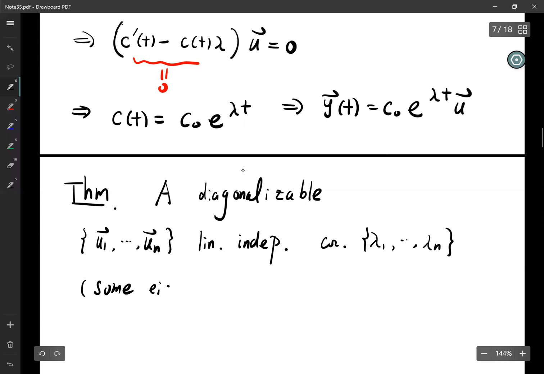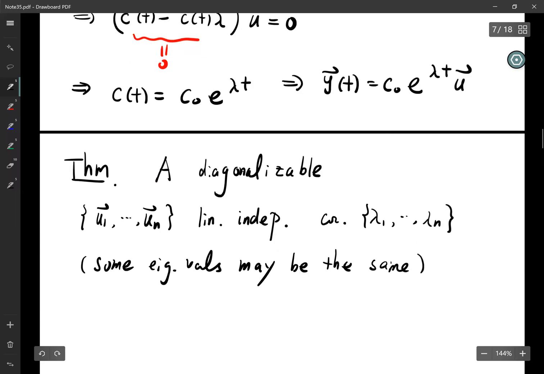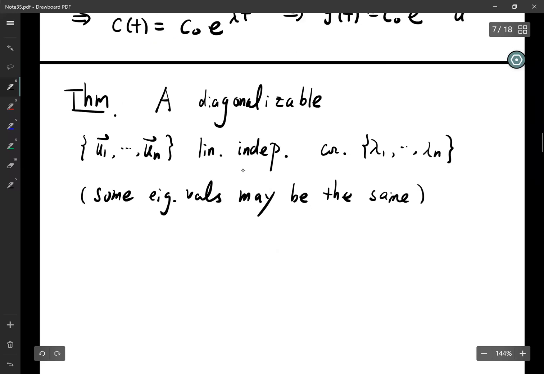Some eigenvalues may be the same, but it doesn't matter. It just says there is some higher multiplicity. Then